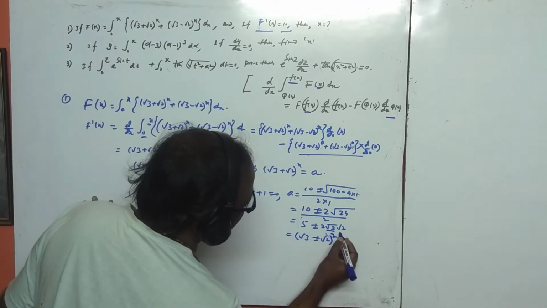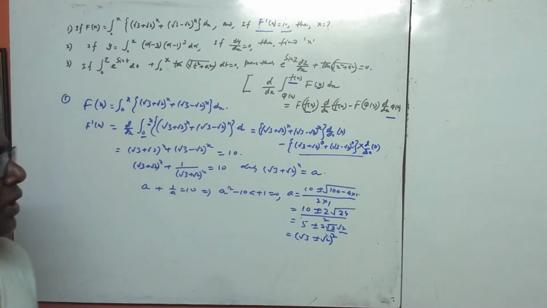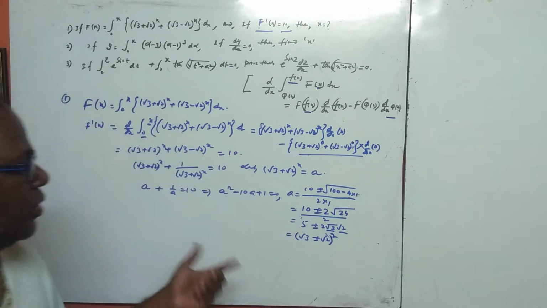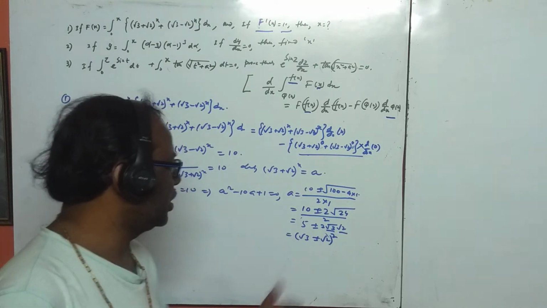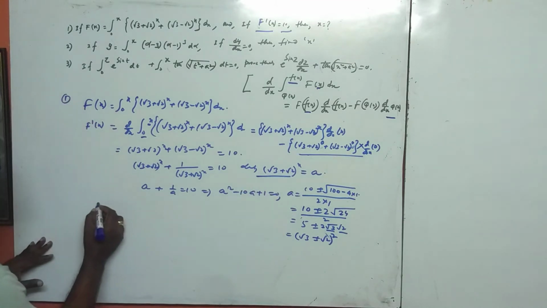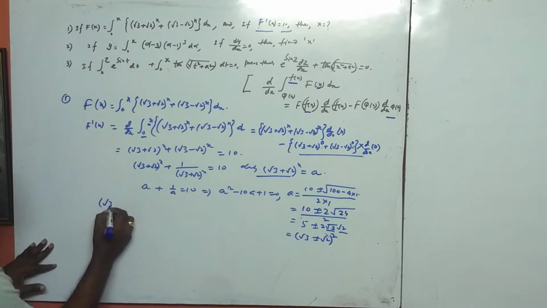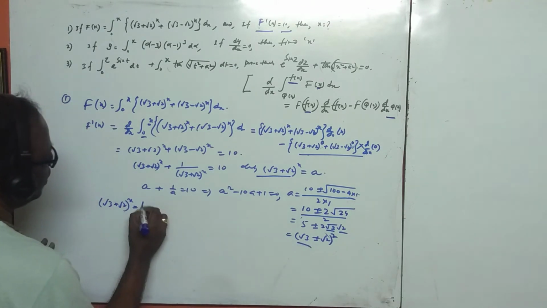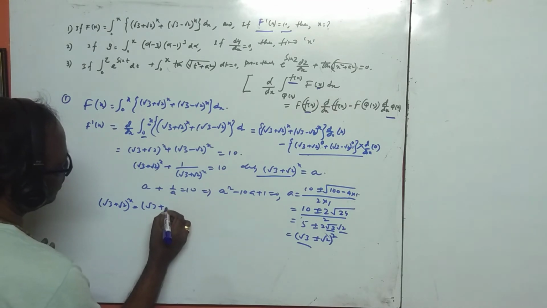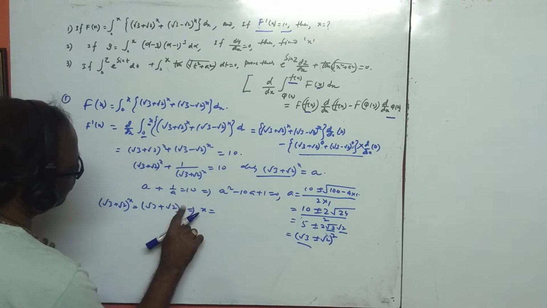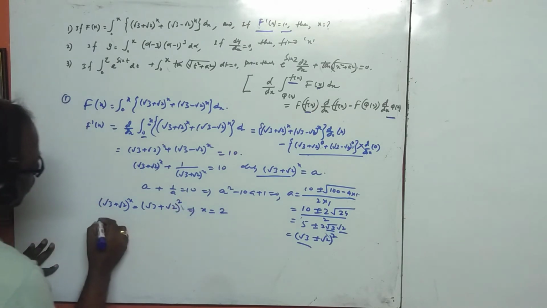Okay, this is 3, this is 2. Square root of 3 is 3, and root 2 is 2 here. So their addition will be 5. So you have to express (root 3 plus or minus root 2) whole square. So now a means we have taken that. So that is (root 3 plus root 2) whole to the power x is equal to this, plus whole to the power x. That means x is equal to 2.